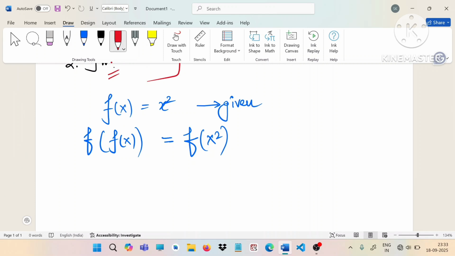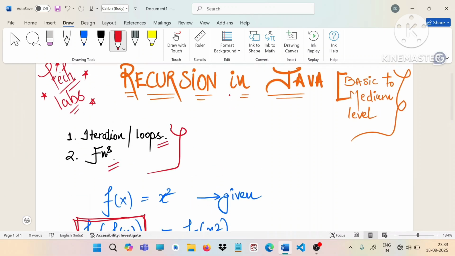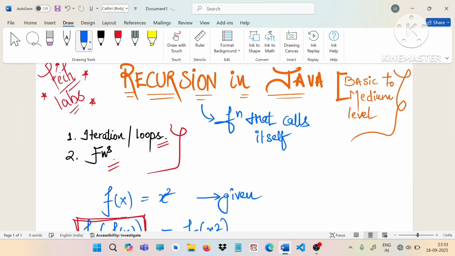Okay, so basically, what is recursion here right now? Recursion is basically this thing. This is what we call recursion. Oh, sorry, this pen is not working right now. So I can say that recursion is basically nothing more than a function that calls itself. Okay, now